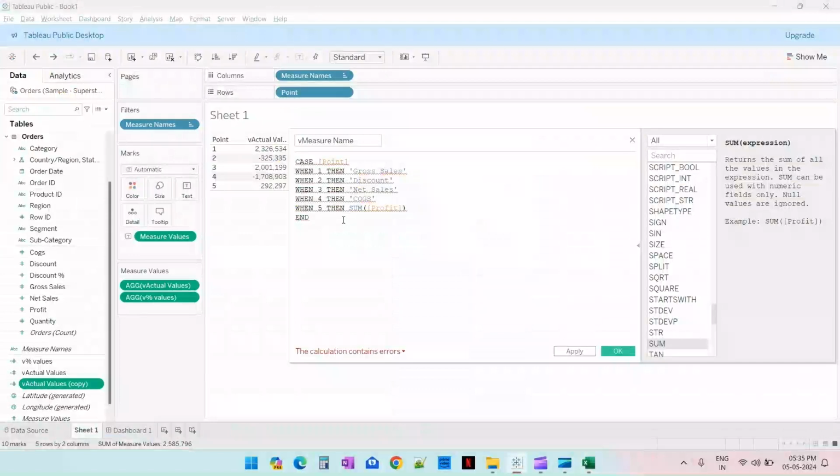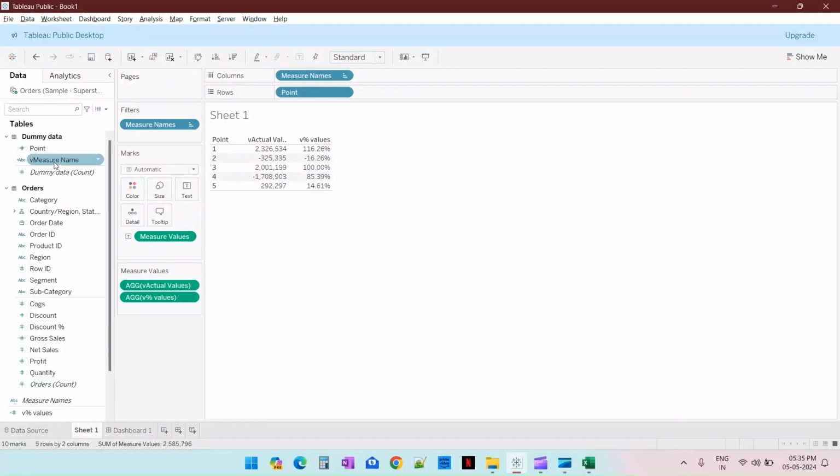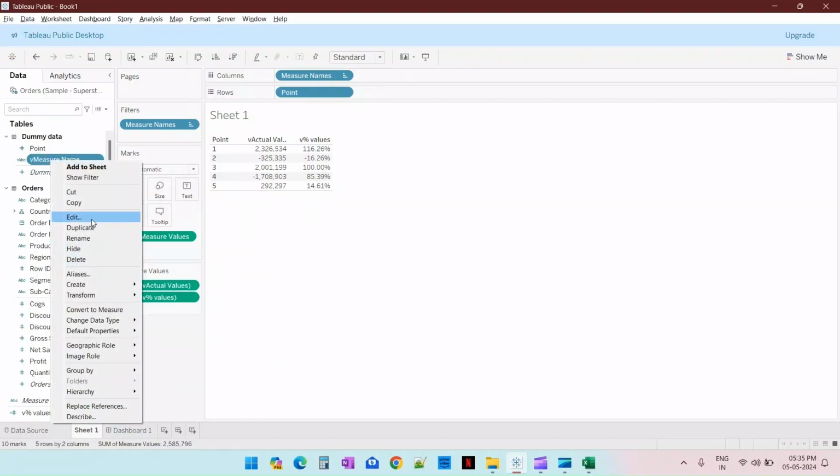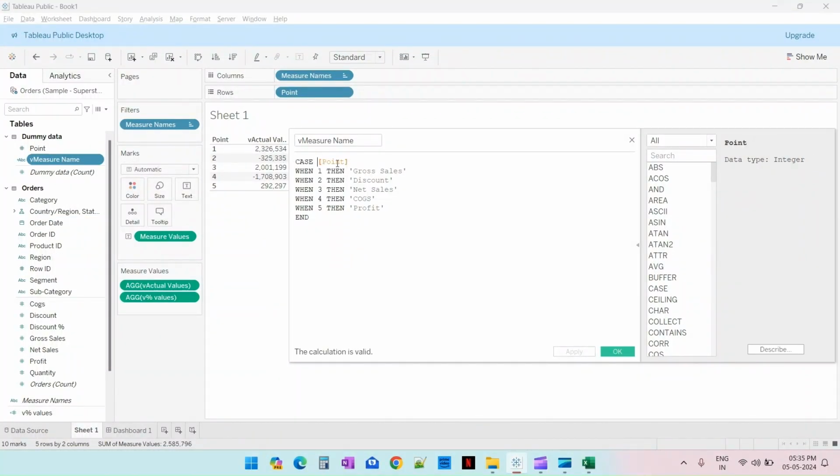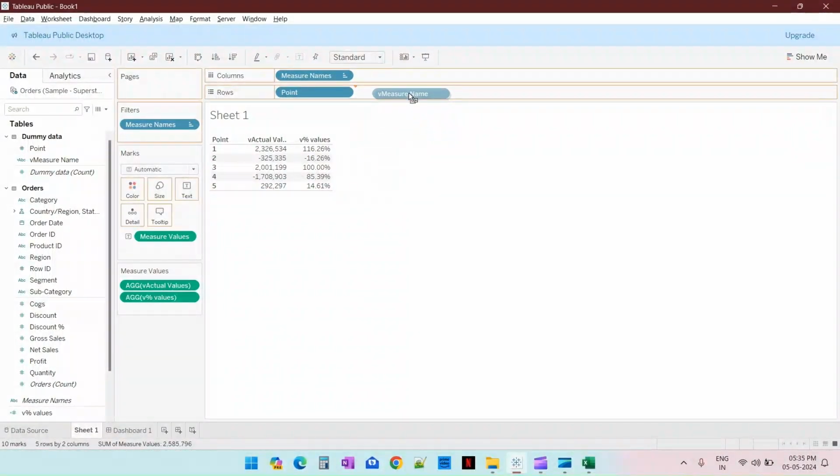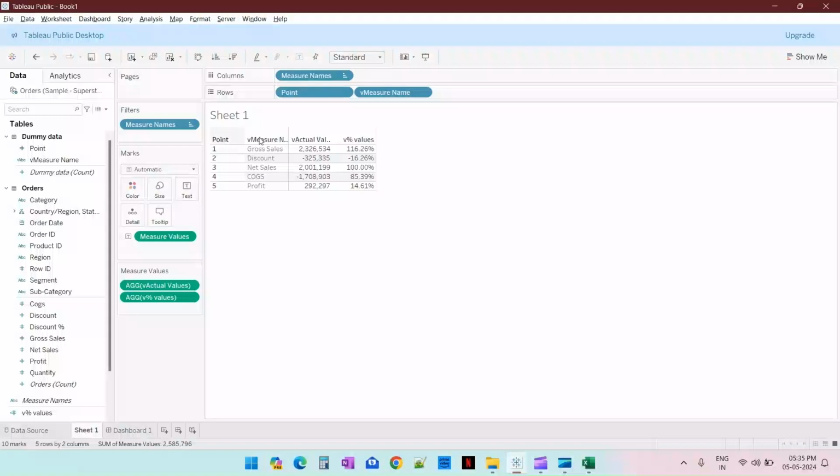And fifth one is profit. Okay, so it will create a dimension here because they are text values. So if you notice, with the text we don't need to use the ATTR, because these are the string values. And now we can put it beside this in our view,